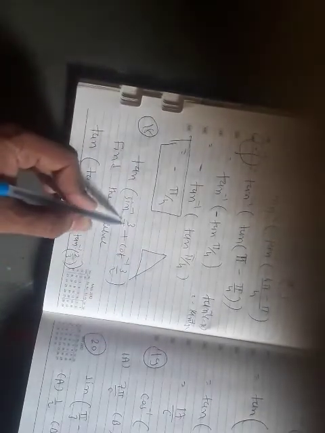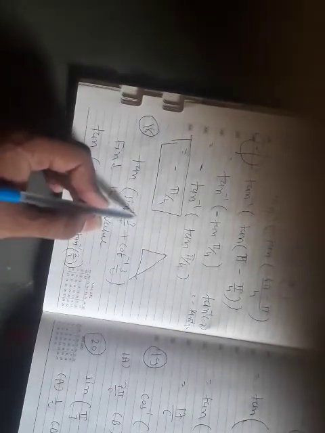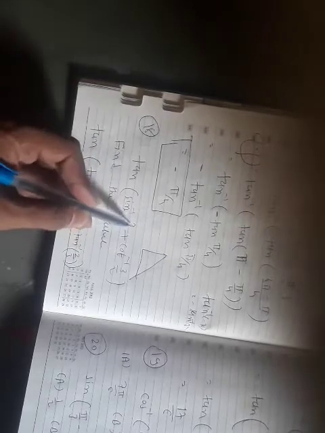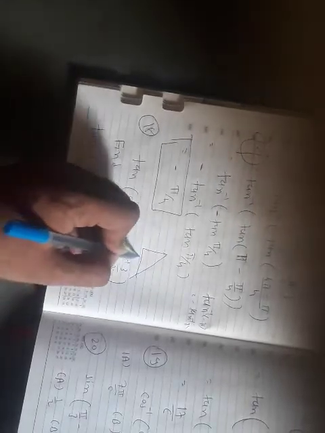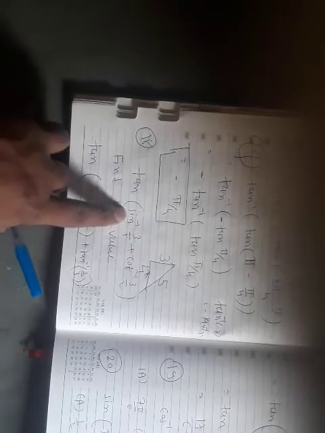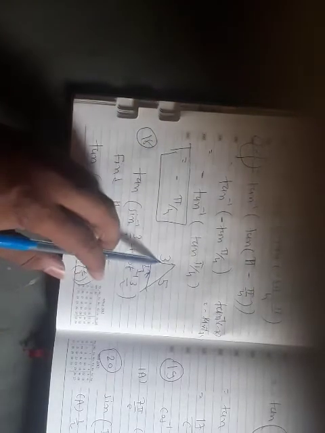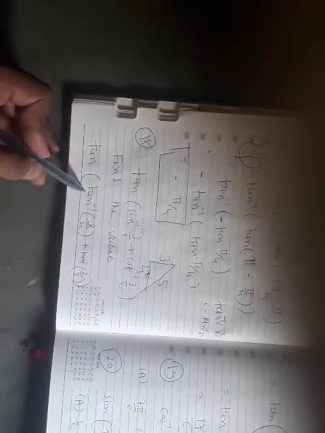See, whenever we have sine inverse, we will take it as a value of sine. So sine is opposite side upon hypotenuse, that is 3 by 5. If I take the opposite side here, it will be opposite side over hypotenuse. We already know that there is a combination of 3, 4 and 5 in the Pythagorean triplet. So this side will always be 4. Okay, now we need to convert this into tan. Now we know that tan is opposite side upon adjacent side. Opposite side is 3, adjacent side is 4. So if I convert sine inverse into tan inverse, it will become 3 by 4.